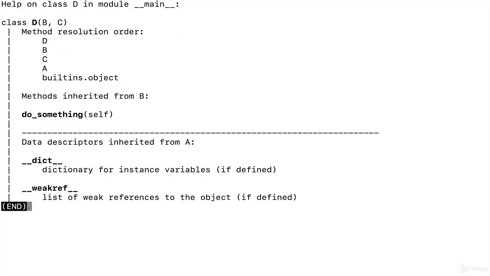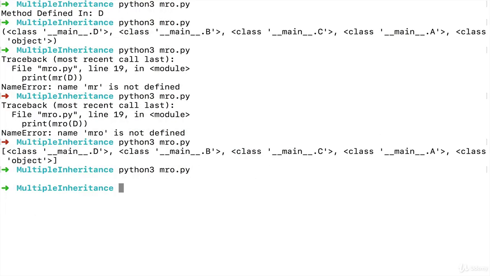We've seen this before, it opens up this little menu. And up here you can see method resolution order, and it's just printed out in a nicer way for us to read. We don't have to see a tuple that says class and all those brackets. We just see D, B, C, A, builtins.object. So this explains it best. DBCA. Hit Q to get out of there.